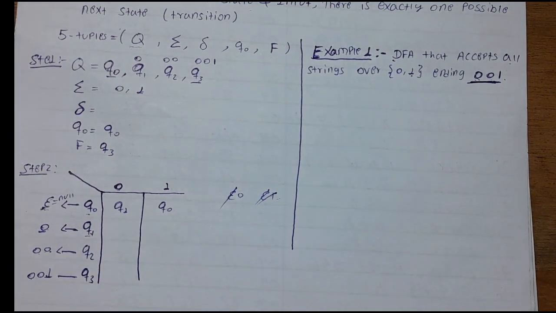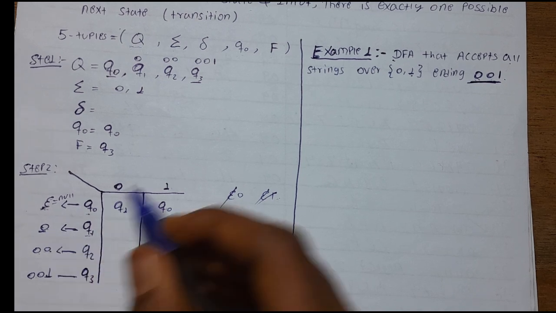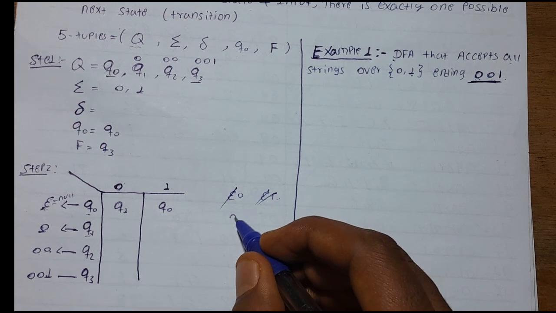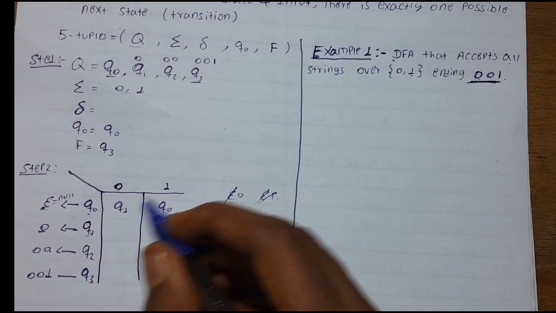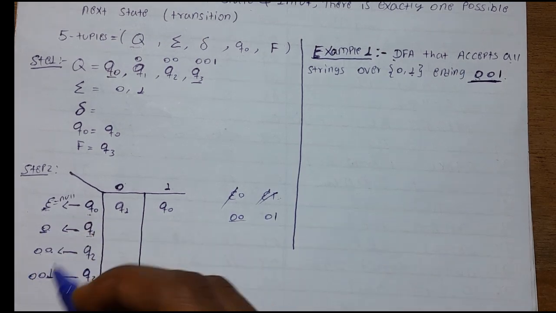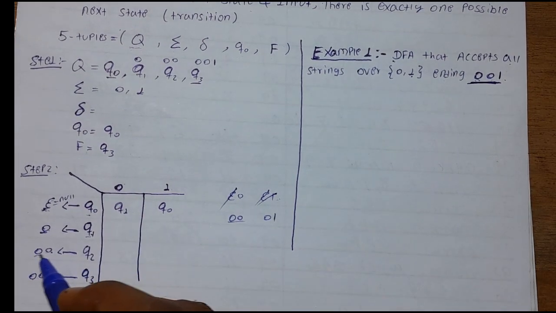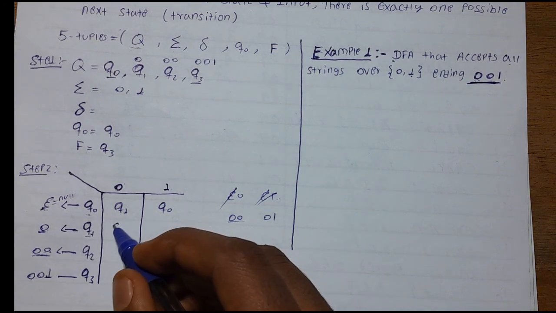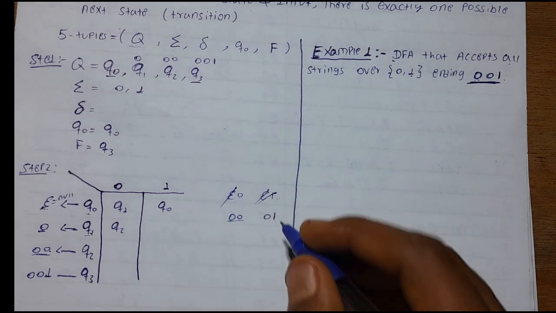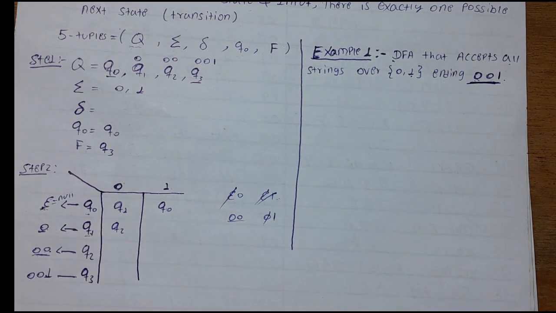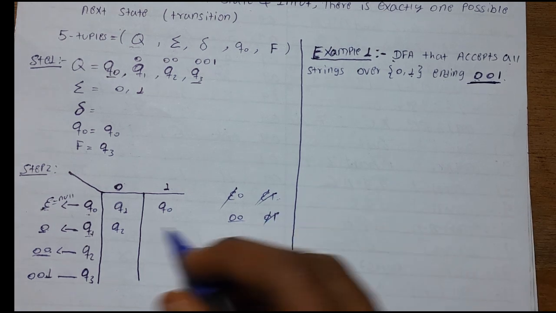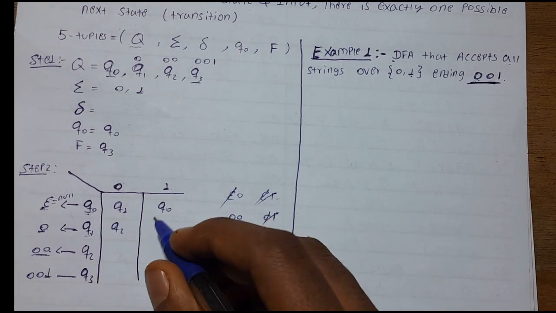And for the next, for Q1, we will check 00 and 01. When Q1 is getting the input 0, and when Q1 is getting the input 1, 01. So we will check for 00 in here. Is 00 present here? Yes, here. So Q2. And we will check for 01. Is 01 present here? No. So we will cancel 0. Is 1 present here? No. So we will cancel it. What's left? Null. So epsilon, which is Q0,